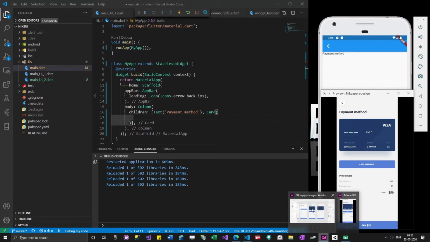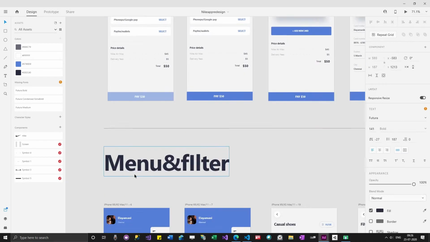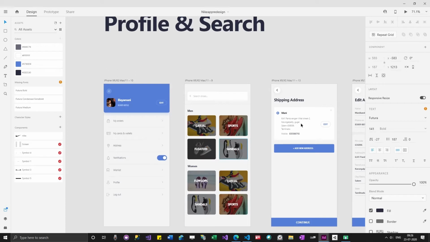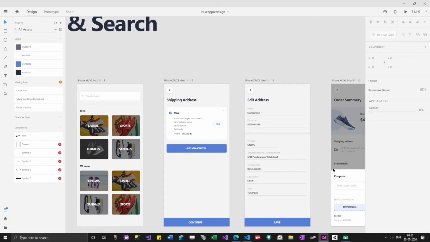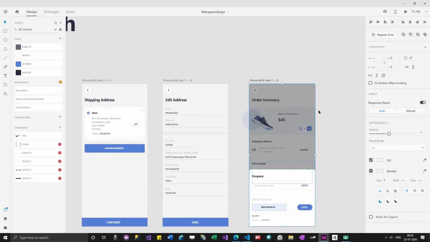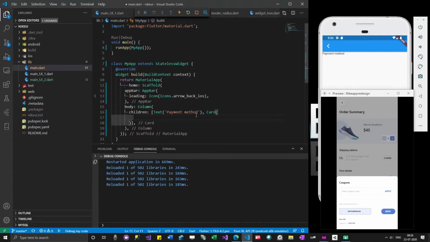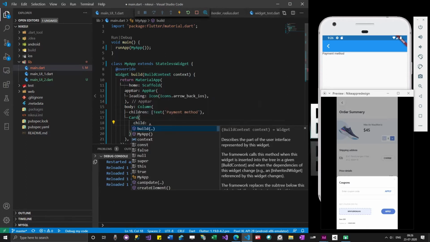If you take these layouts, see, this can be put inside a card if you want. Everything can be a card. Even though they are not credit cards, you can actually make that a card. You can pass card and then add some custom styling to it. So card, and then see what it takes. It has got child, so probably child is of a widget type. I can pass anything I want.